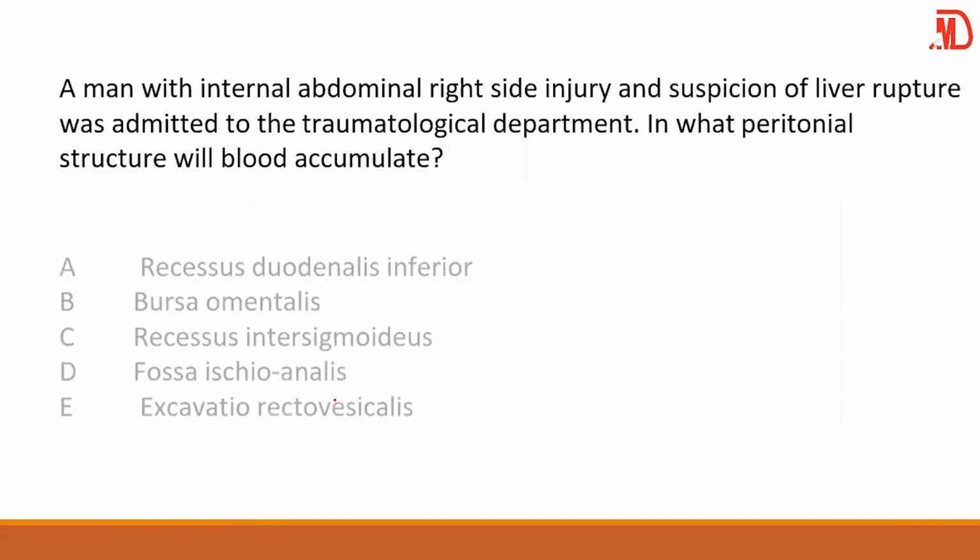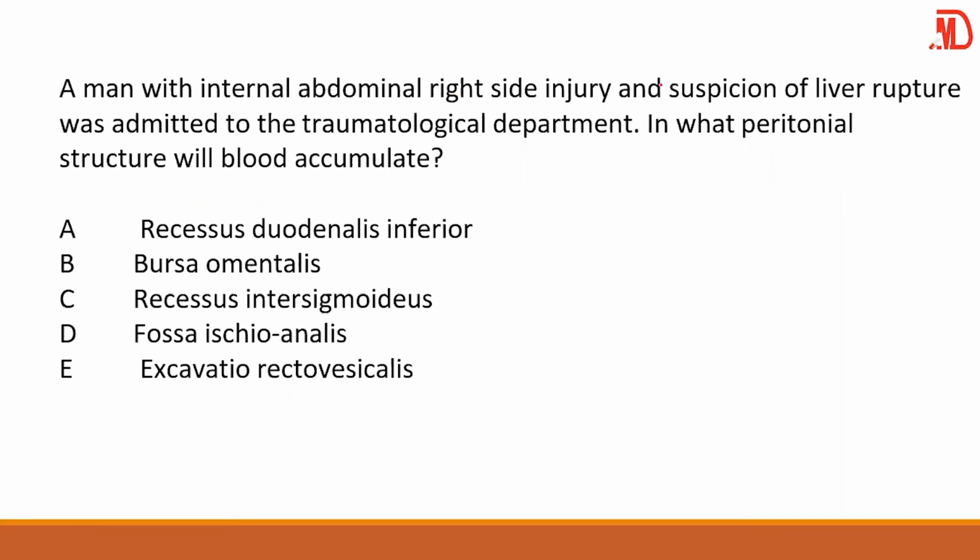A man with an internal abdominal right-side injury and suspicion of a liver rupture was admitted to the department. In what peritoneal structure would the blood accumulate? Where will it accumulate? There is a suspicion of a liver rupture. So you think of maybe a small